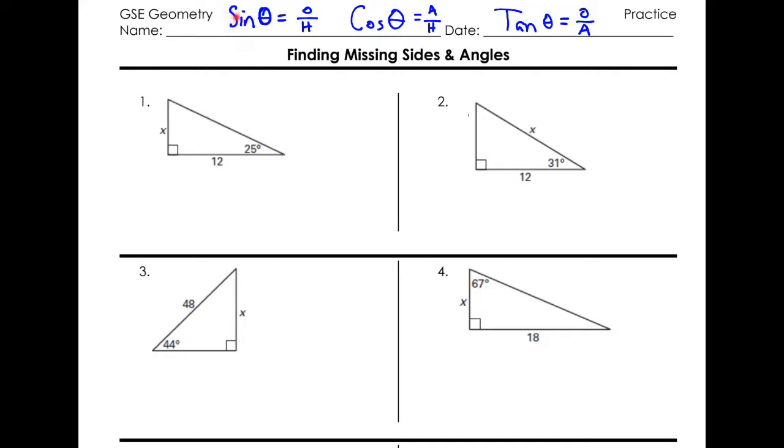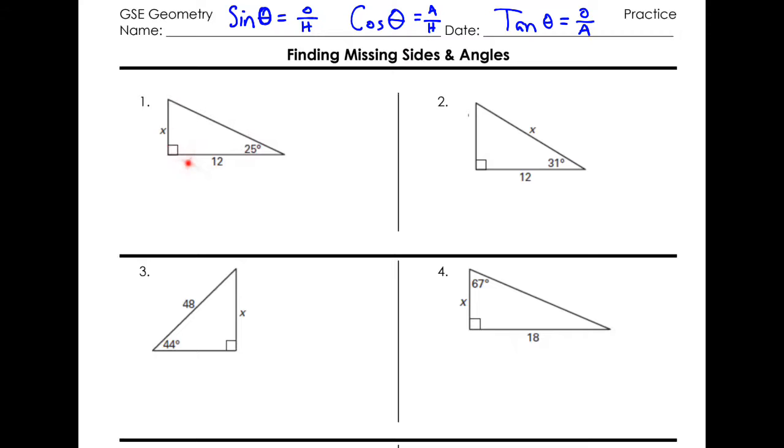Notice it's always the trig ratio first, the angle measure, then equal to the fraction. The trig ratio, the angle measure, equal to the fraction. So this is the setup no matter which trig function we use. Now, when we're solving, we have to determine which trig function to use based off of the information we're given